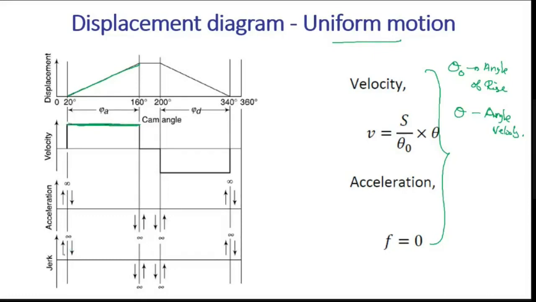So for acceleration and jerk, both are infinite, you can't identify them. Acceleration is actually zero, which means there is no acceleration. Jerk happens only whenever there is a change in your motion. So note this formula and use it whenever it is required. Okay, can we proceed? Yes, sir.